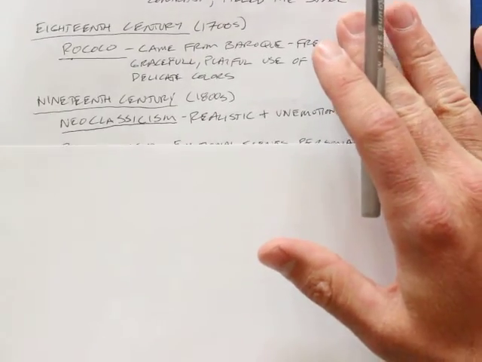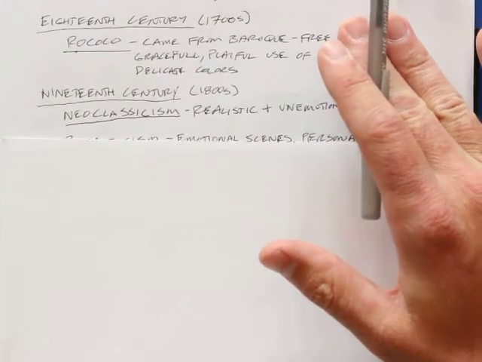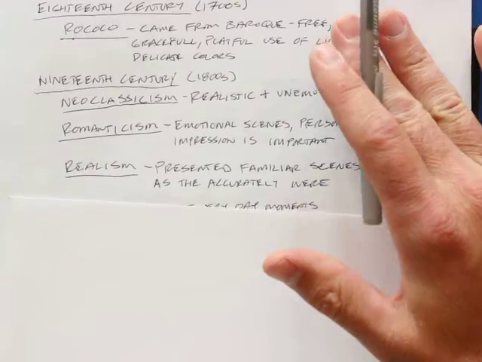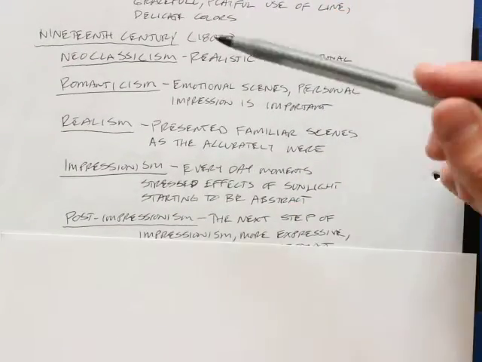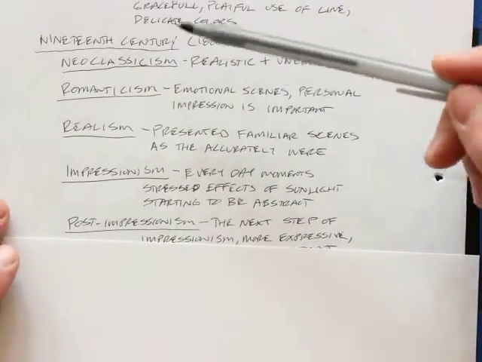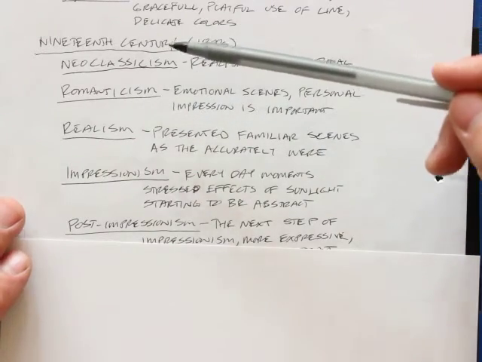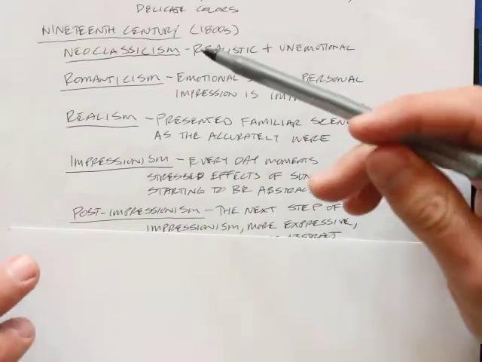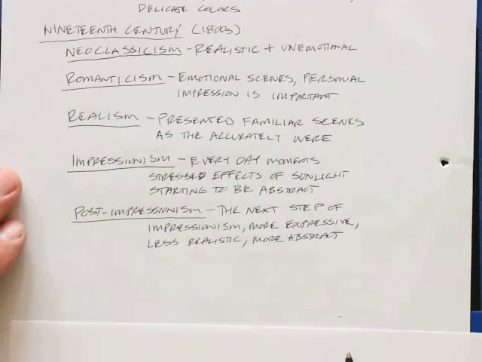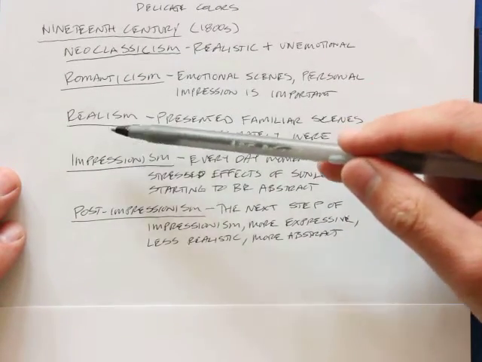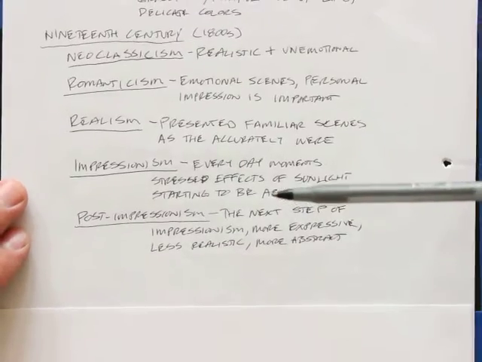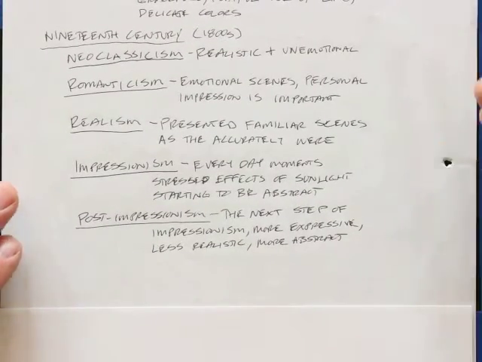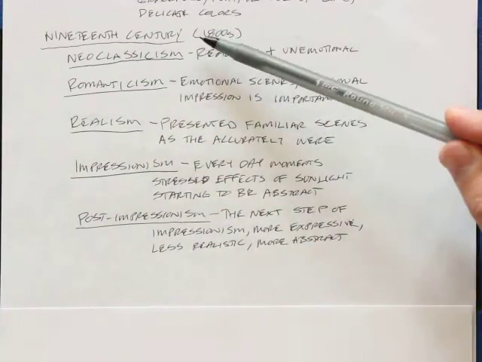Next is the 19th century, or the 1800s. Here's where things really start moving. Notice how before, over these past hundreds of years, we have one style of art that we're talking about. Now in the 1800s, there are all these different kinds of art or styles that we're looking at: 1, 2, 3, 4, 5. So we've got, in the 1800s,